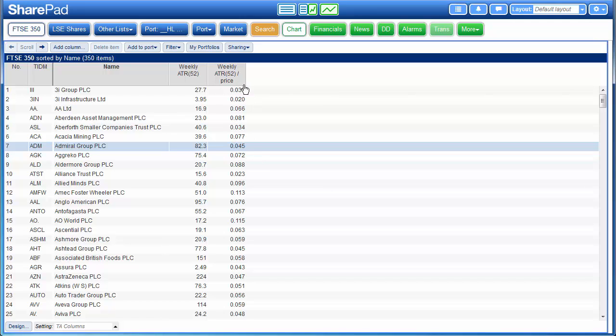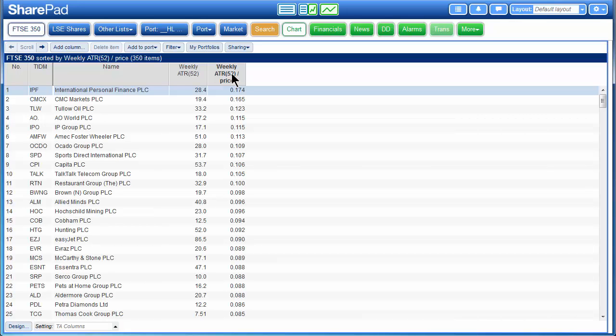This is because it's a ratio, not a percentage. So the 0.045 of Admiral is equivalent to 4.5%. If we sort it by double clicking on the column heading or by selecting the column and hitting the sort button,